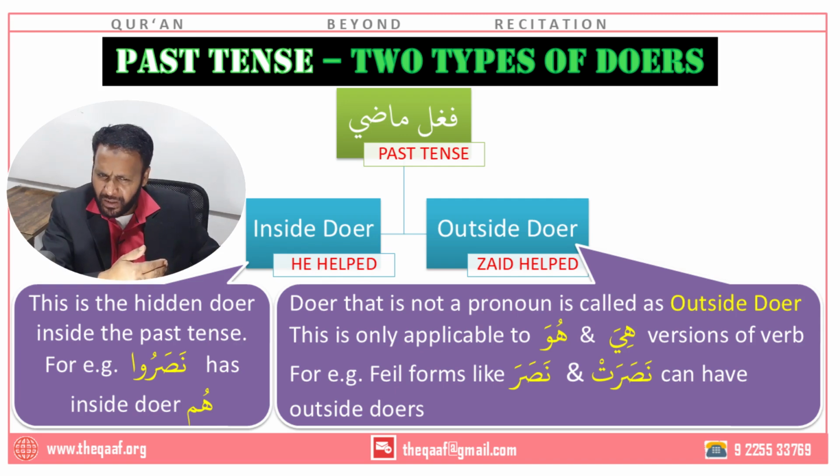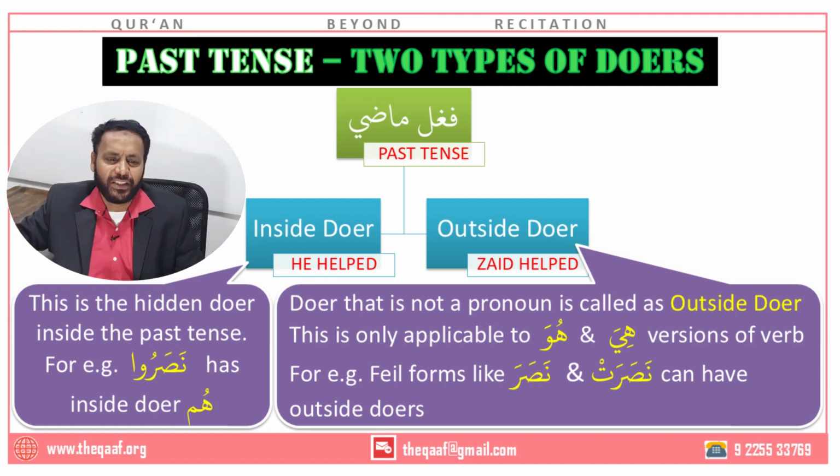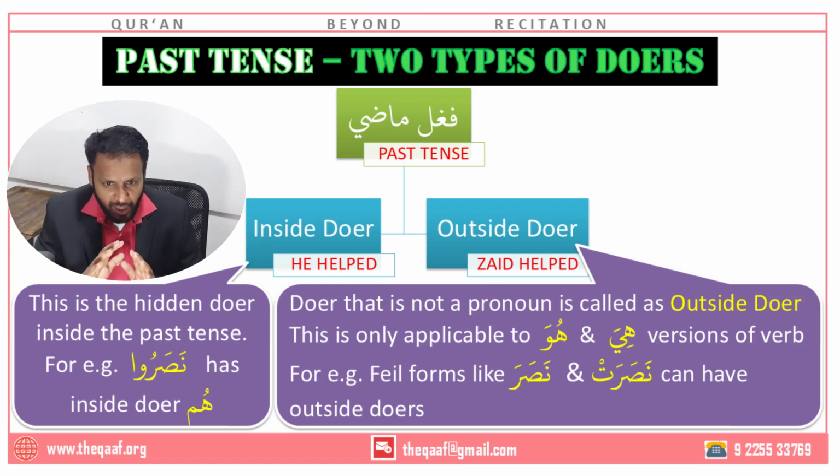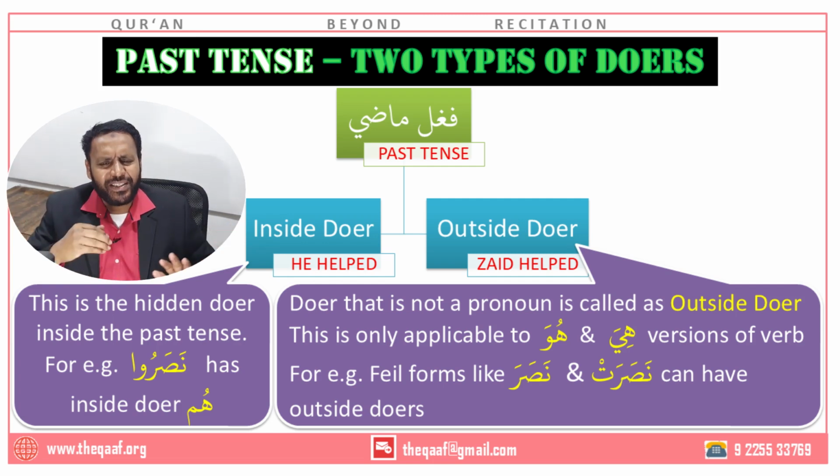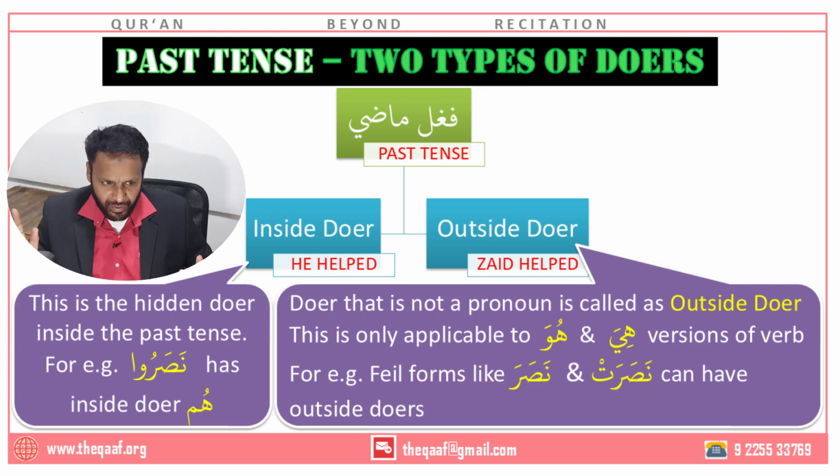Does it have an outside doer? Let me do these checks. Now, if those checks pass, then you have a case of outside doer. Don't translate she hit. There is someone else who hit. You understand? But if the other conditions are not fulfilled, then go ahead and translate with the inside doer. So huwa and hiya does not mean a compulsory outside doer. May be outside, may not be. You'll have to check it. But there is a possibility for huwa and hiya verbs. When the verb is not huwa or hiya, don't bother looking for an outside doer. There is no outside doer. Just go ahead and simply translate with the inside doer.